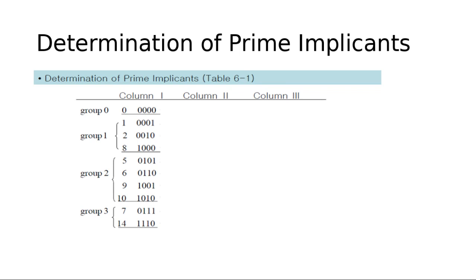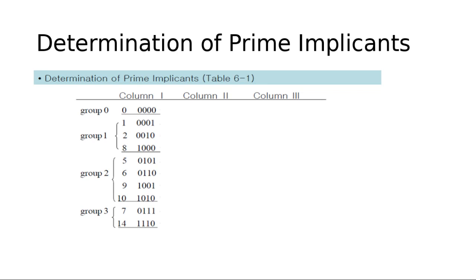find two terms that can be combined if they differ in exactly one variable, and we must compare and combine whenever possible. Okay, let's see that. Two terms can be combined if they differ in exactly one variable, like a Gray code. It must be just a one-bit change. For example,